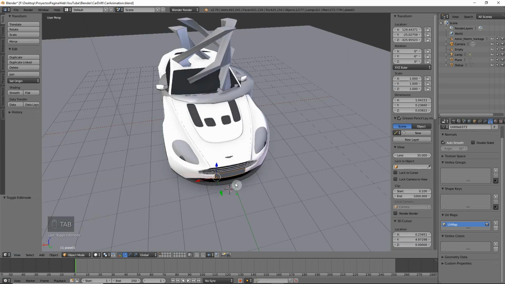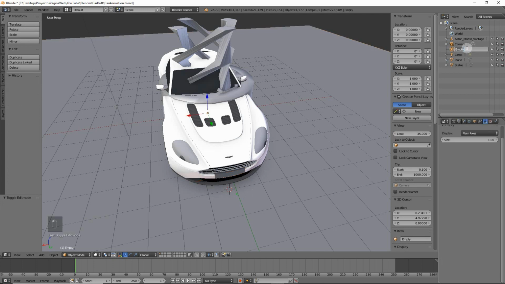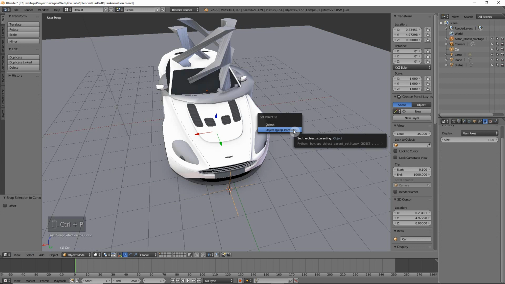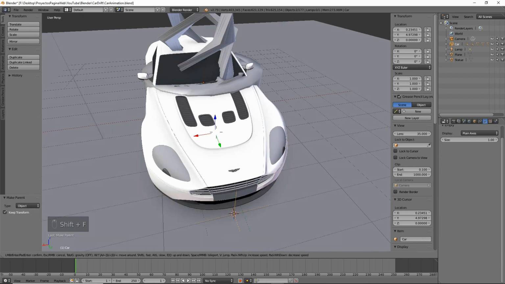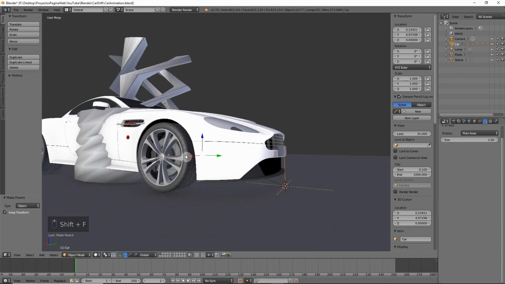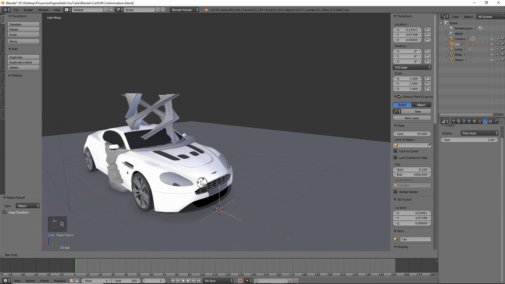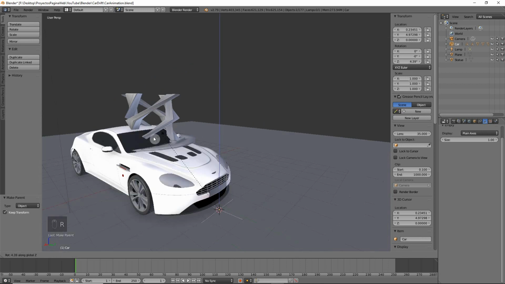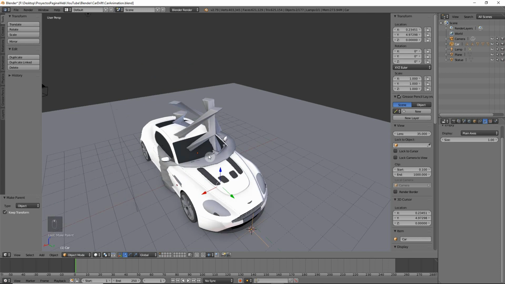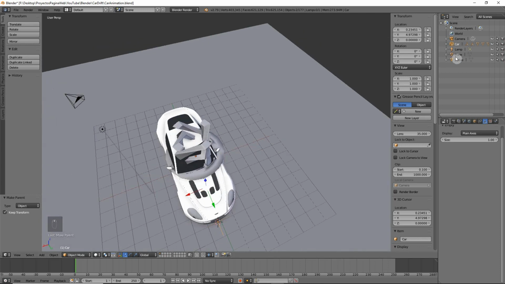Perfect. Then we go back to the axis, which is empty here. We name it car. Snap, selection to cursor. Perfect. We have already the axis here, and then we're going to select again the car. Then empty axis, keep transform. Cool. So the first thing is done already. Now if we rotate the car, we see that it actually rotates around this point, which is what I wanted. And then let's just for now put the car aside,